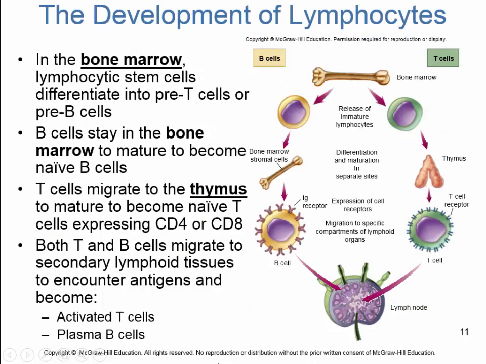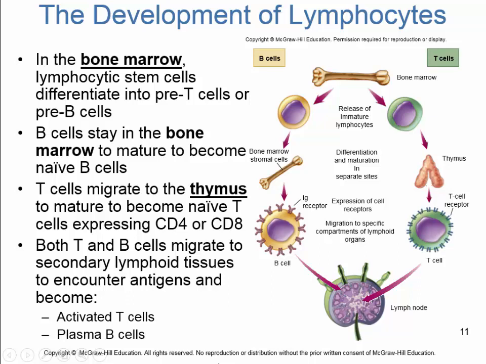The development of T lymphocytes or B lymphocytes take place in the bone marrow. So both pre-lymphocytes for T cells and pre-B cells exist there in the bone marrow. B cells, however, will stay in the bone marrow. These will become naive B cells once they have become mature. T cells, however, the pre-T cell will move to the thymus, and the pre-T cell will become naive T cell,